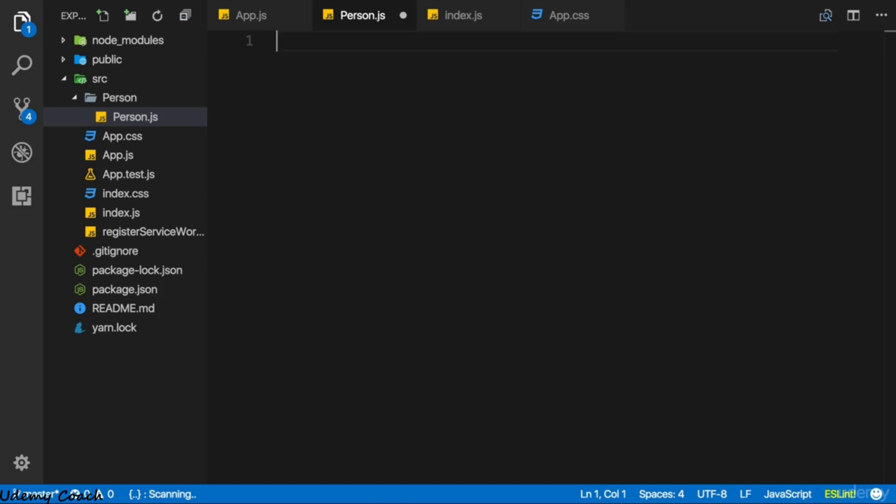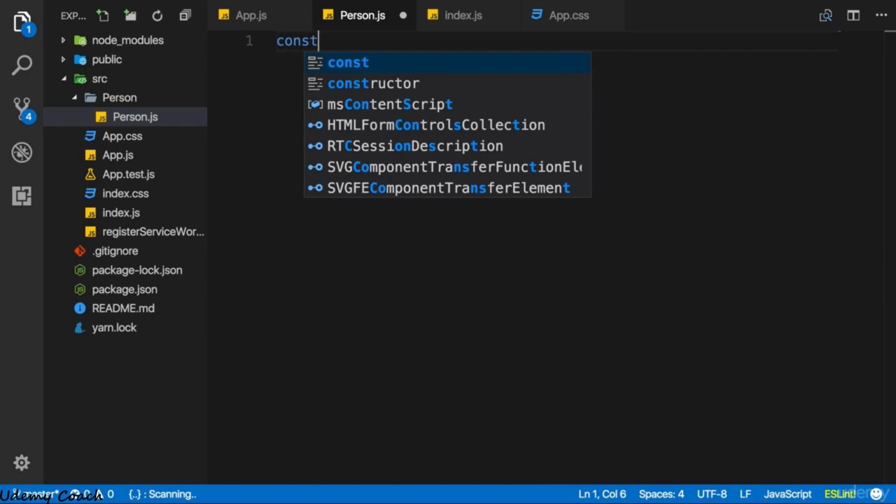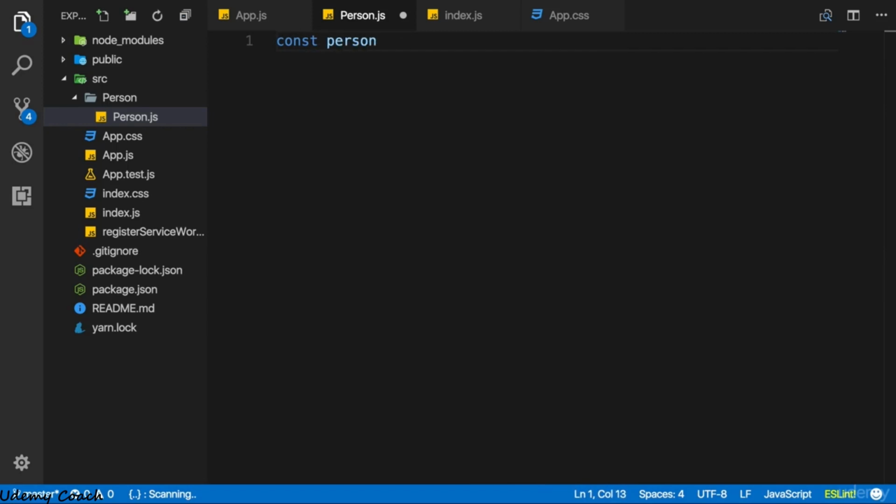Hence, I will create a variable not with the var keyword, but with the const keyword, because I don't plan on changing this variable, effectively making it a constant, and hence we should mark it as such. I'll name it person with a lowercase character. As I said, you could choose person with uppercase p, but you often see the function name being all lowercase. It should otherwise be the same name as your file name though, or as the component name you want to use. Then I will assign a value to this variable, or constant to be precise, and this should be a